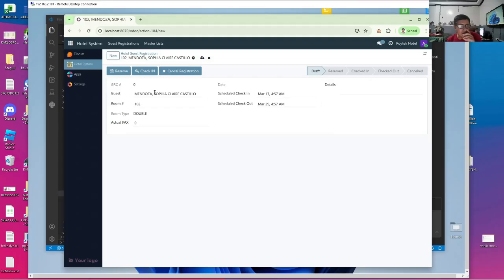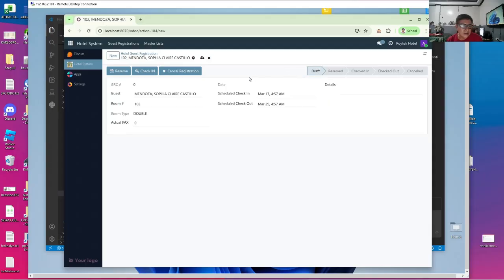And then we have created buttons. Okay, we have reserved, check-in, cancel registration, and then we have also used a very special widget from the selection field called state. State is a very important concept because it defines the workflow of an application, a basic workflow in Odoo.